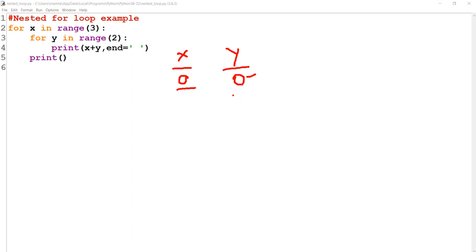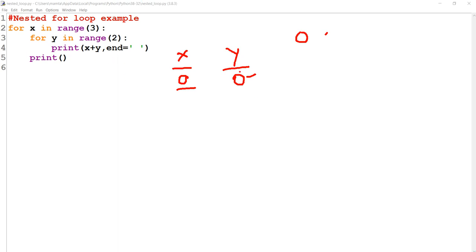And then the inner loop will be rotating how many times? 0, 1, 2 times. So initially y is 0. And then it will enter into the inner loop. So first we entered into the x loop, then we are entering into the inner loop with the possible values. Print x plus y. So in the output screen we can see x plus y, that means 0. And with space, not in next line. That means the next element will be printed here.